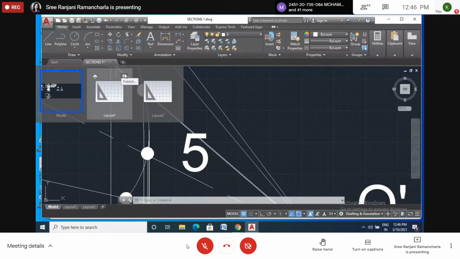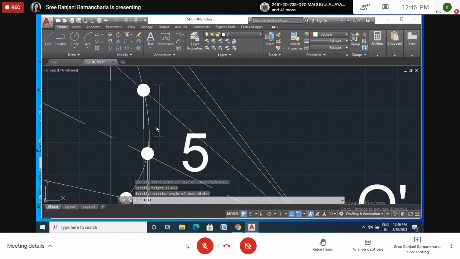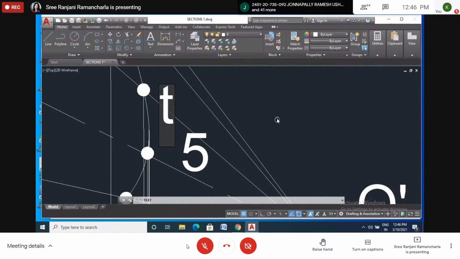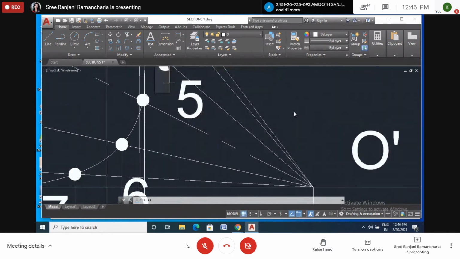So here I will name it as something. PQRS, should I specify it as T? Okay. Here I will specify it as small t, so that we know it is the tangent. So here also I will specify T only.